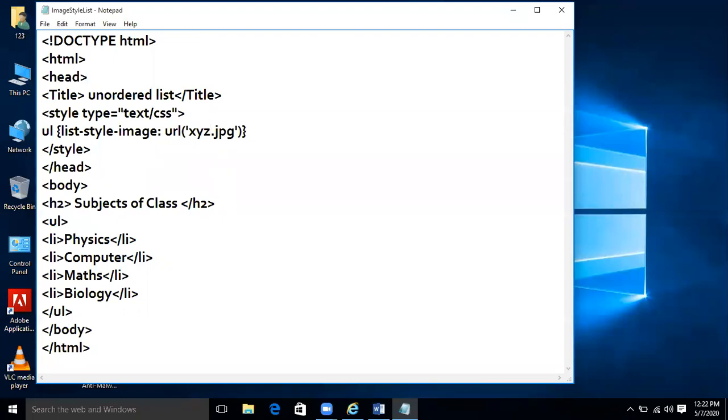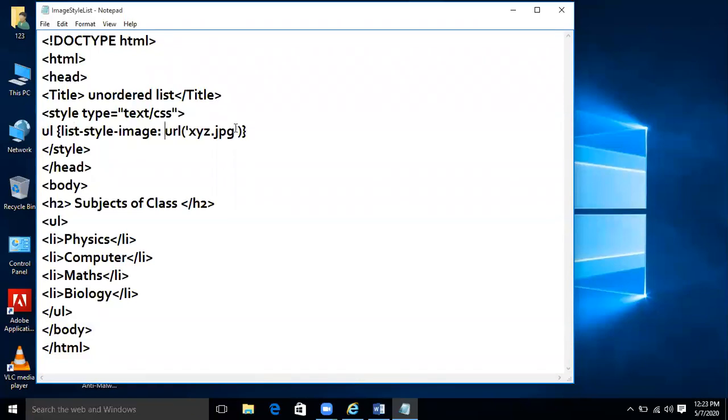Only this line is changed. The unordered list is there, but list-style-type is not there; list-style-image is there.